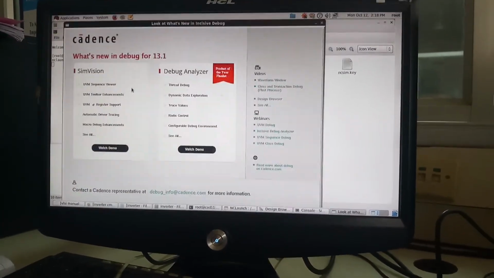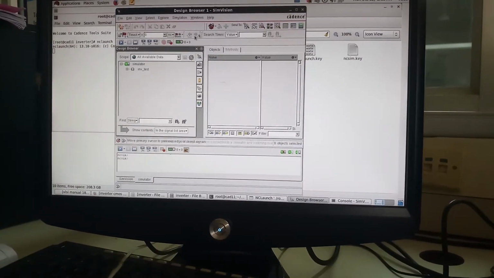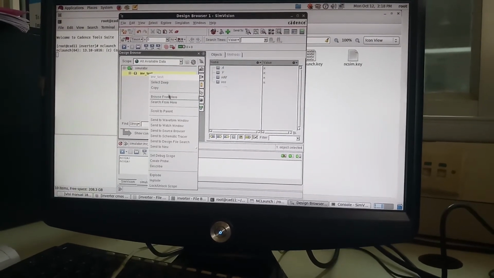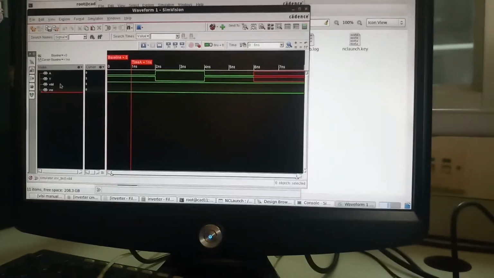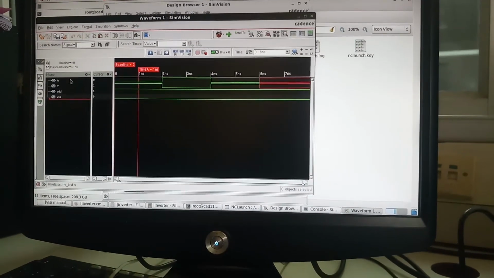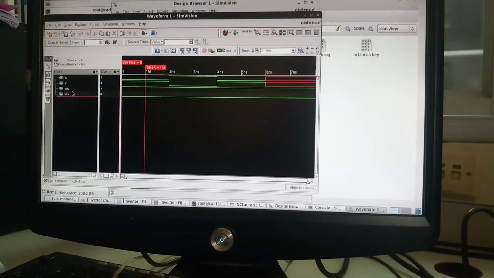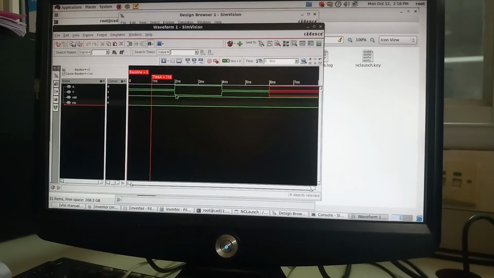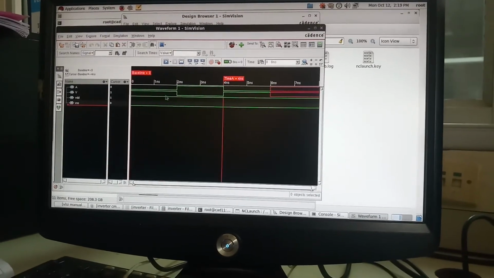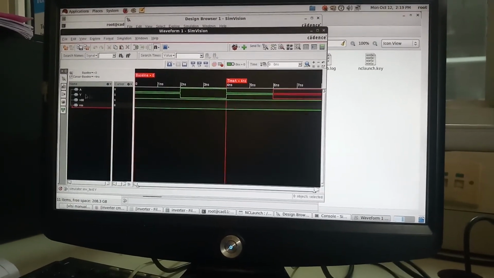Now observe here, close that. Observe this test bench file, select, right click, send to waveform window, run. So I told you for 2 nanoseconds, first I will give input 1, then output will be 0. For an inverter, supply VDD is 1 and VSS is 0. That is fixed. You can check any input or output. Now next you see here, input is 0, output you are getting 1.